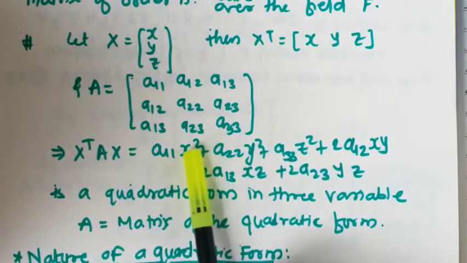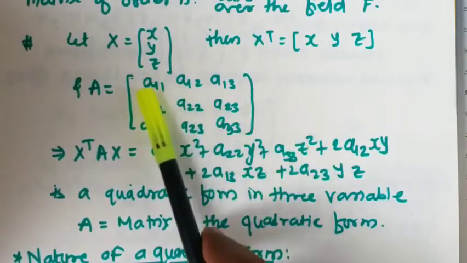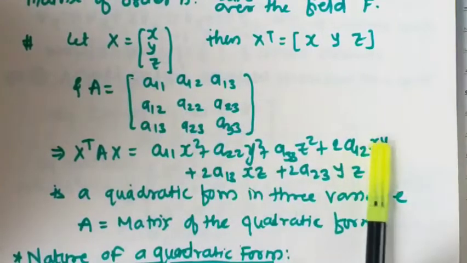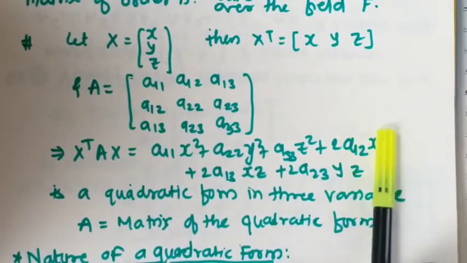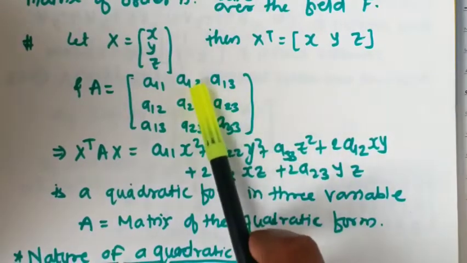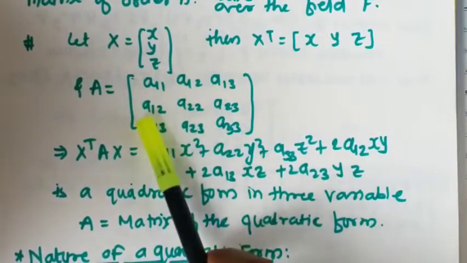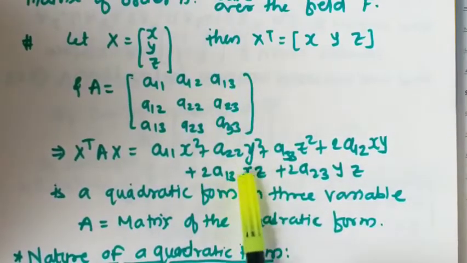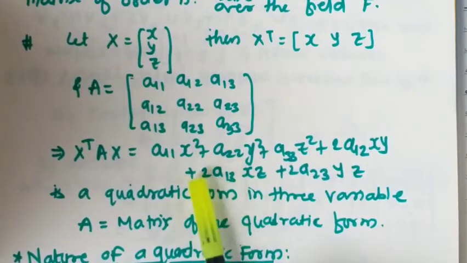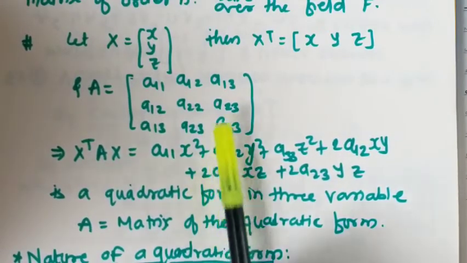On equating the coefficient of x square, y square, z square will be your diagonal entries. The coefficient of x into y is 2 times a12. So when you divide this x into y's coefficient by 2, you will get this entry. The same entry you write here. Then to get the third entry, you need to check the coefficient of x into z. Whatever number it is, negative or positive, just divide that number by 2 and write that